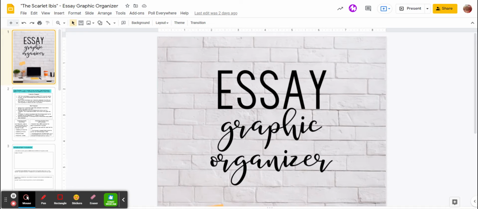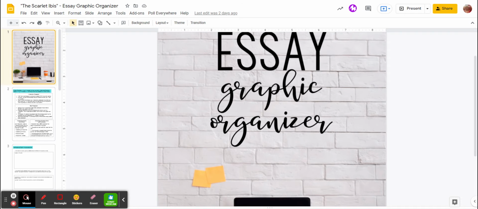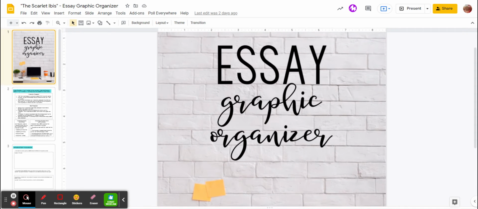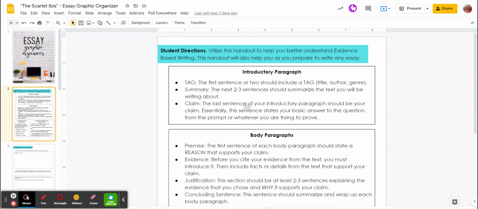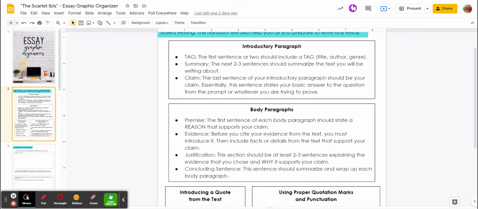Okay, guys, I'm just going to take a minute here and kind of explain this essay graphic organizer. So this is the exact same thing that you guys did for the most dangerous game, except this is the digital version of it. All right, so the first slide here with actual information on it explains what you should have in your intro